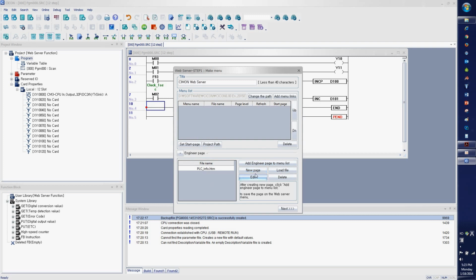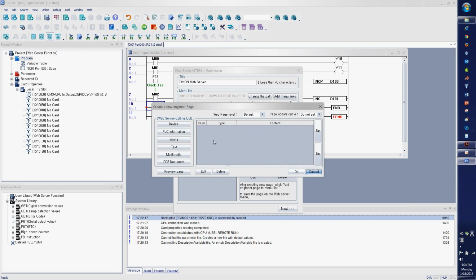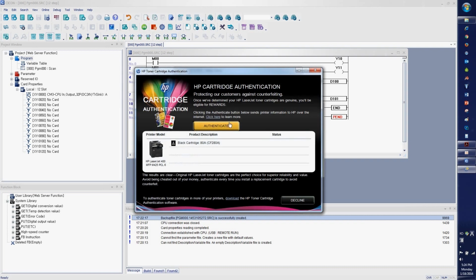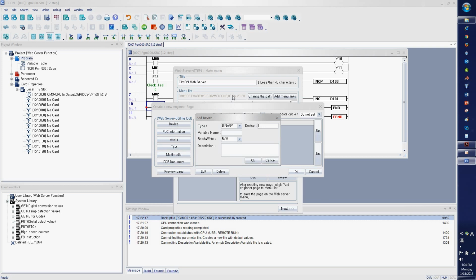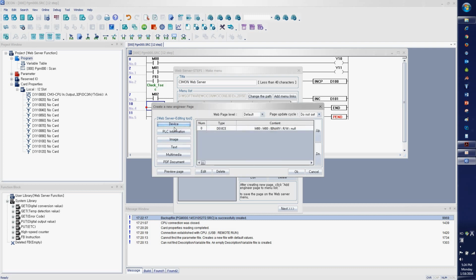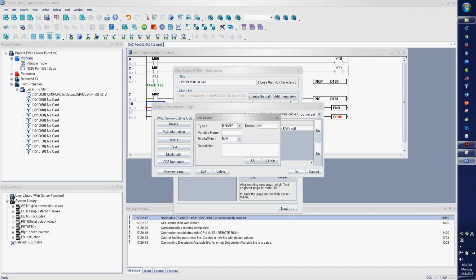Now I need a new engineer page for monitoring my devices, and I'm gonna add devices over here. The devices here should match the devices listed here. So I'm gonna add M00, which will be binary. You click OK, and M01,